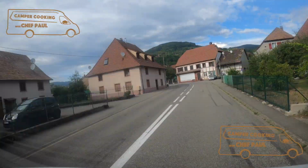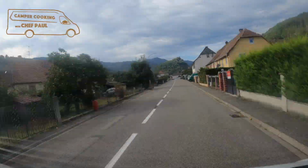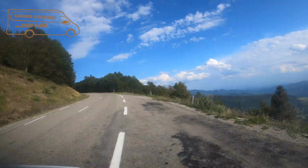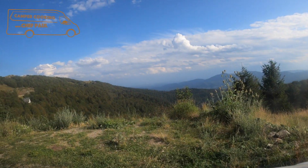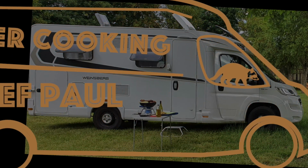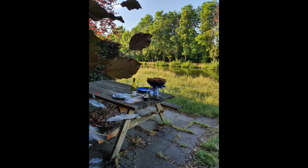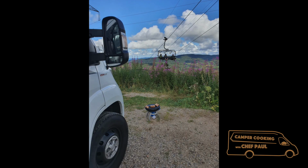This is Camper Cooking with Chef Paul. We are Americans living in France who have always liked camping and eating well. Like many of you, we bought a camping car after the first pandemic lockdown so we could still travel safely. Chef Paul does most of the food prep at home so we can have more time to explore. He will show you how a classically trained chef prepares great food even with a camper's minimal kitchen, utilizing historical